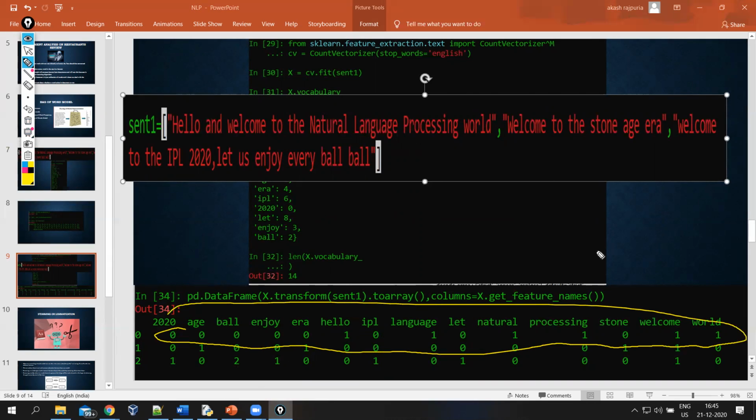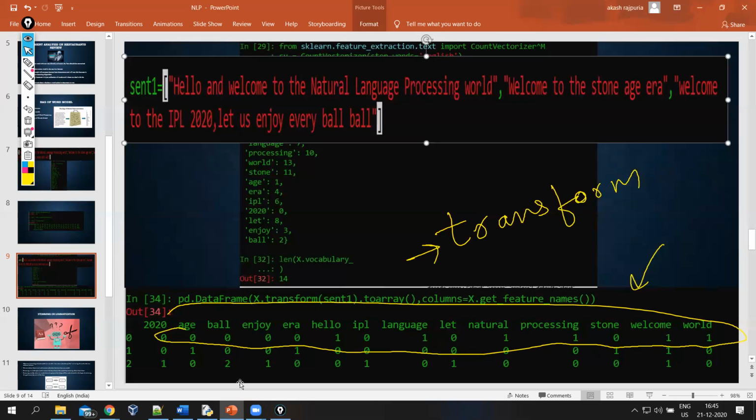So you just give these numbers to the model. Like I explained, if you use transform and give some unknown sentence to it, it will just transform it based on this vocabulary. It will not add a new word. If your sentence has a new word, it will not add it here with a value. It will just try to transform it using these words. If a word is not present in this vocabulary, you will not get that word while predicting. Simple as that. So this is all about natural language processing.